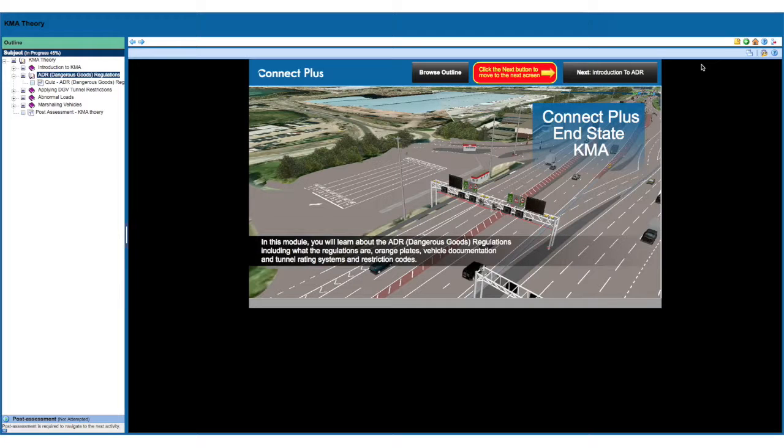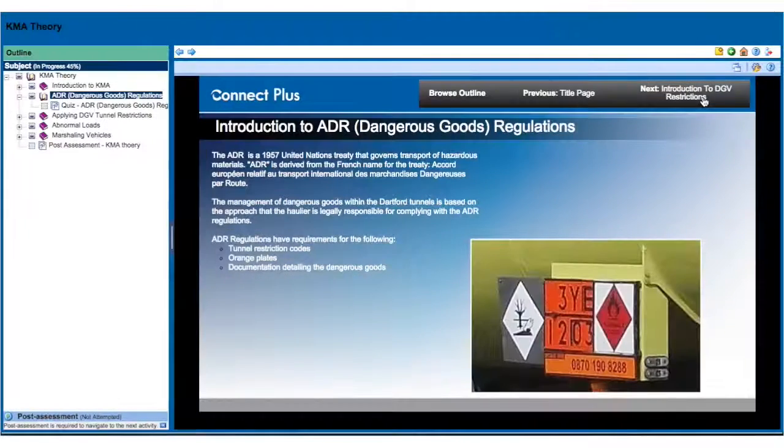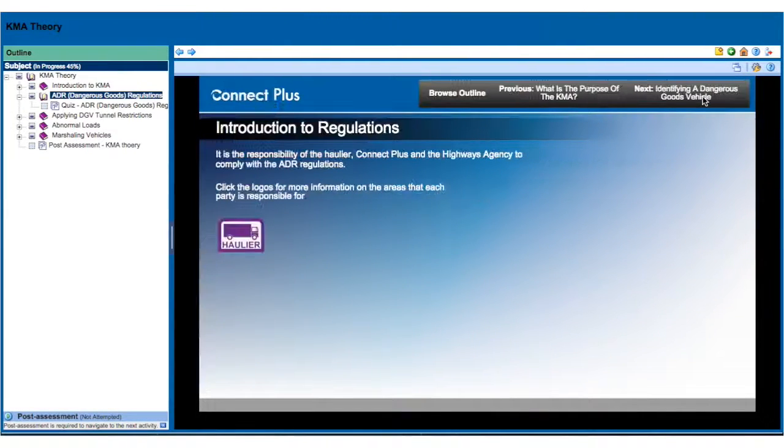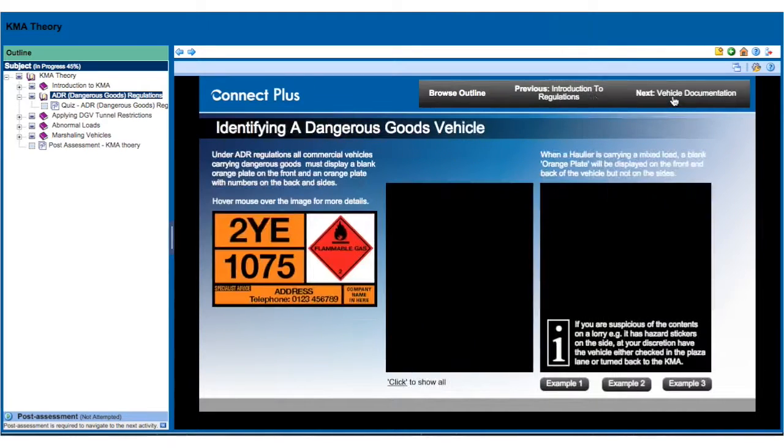It was therefore important that operatives understood the regulations and how to handle the various potential scenarios they could encounter with haulage vehicles. Learning content was developed around the ADR dangerous goods regulations. All hauliers and tunnel operators adhere to these regulations, which document how over-height, over-wide and dangerous goods vehicles must travel